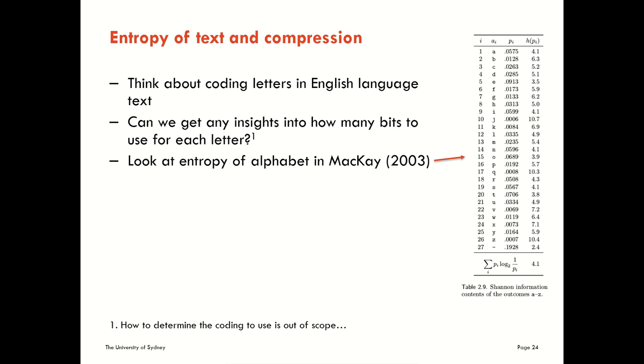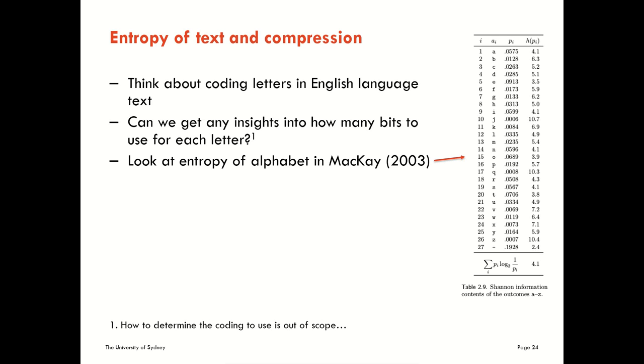And scanning through, we can see which letters stand out as using a lot of bits. Well, we see J does, and so does Q. And that makes sense because they are the least used letters here. So we push a lot of our code into those least used letters, so we can save a lot of code on our most used letters. Like we can see E now only requires 3.5 bits and a space only requires 2.4 bits. And by doing that and averaging, taking the expectation value across all our symbols, we're looking at 4.1 bits on average to use. And that is